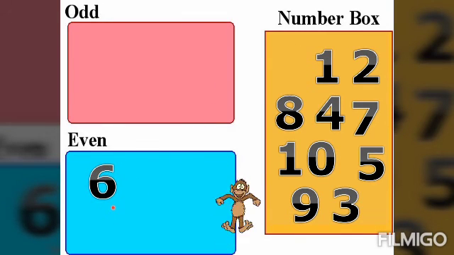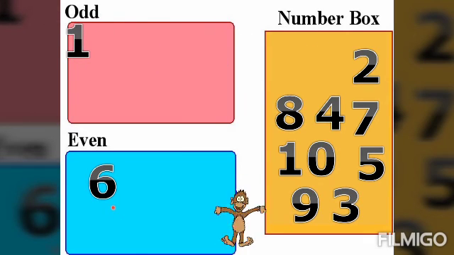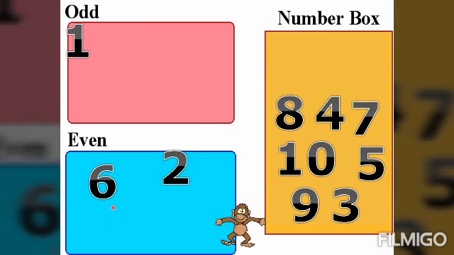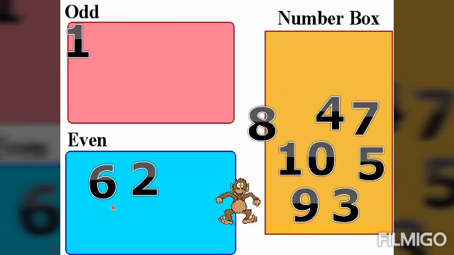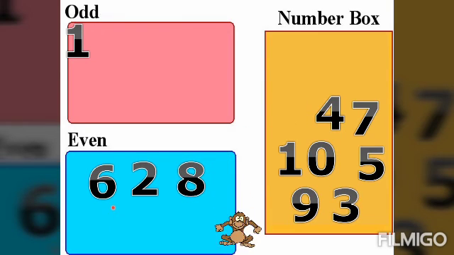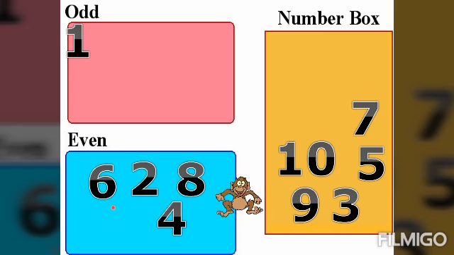Okay, 6. So 6 now, class, goes to the even box. And next number. Wow, amazing. Very good, class. So 1 belongs to the odd box. And next number. Wow, number 2 goes to the even box. Oh, very good. It's fantastic. So 8 is an even number. So let's proceed to the next number, class. 4 is jumping, going to the even box. And next,